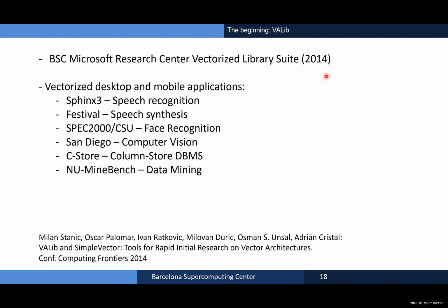So we vectorized applications that are part of the mobile world. This is from 2014. It includes speech recognition, speech synthesis, face recognition, computer vision, column-stored database management system, and data mining. So this was sort of the beginnings.